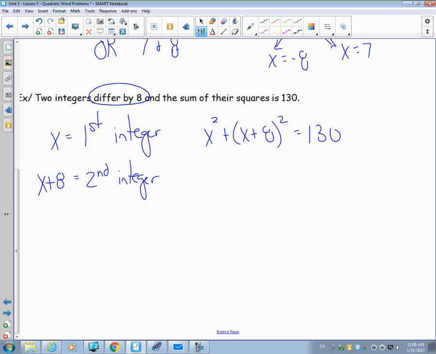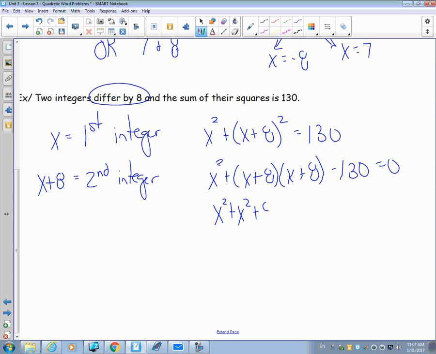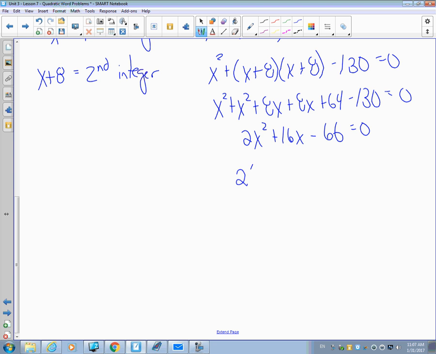The same procedure. Expand our brackets by squaring them, write them twice, make it equal 0 so we can solve it, FOIL it, collect our like terms, so 2x squared, 16x, and 66. Try factoring if we can, in this case we can, and just as a hint,